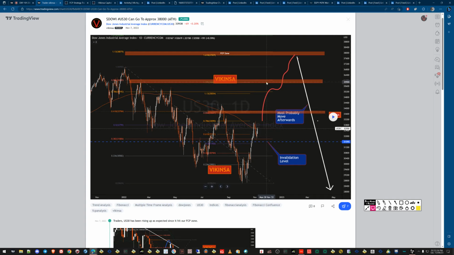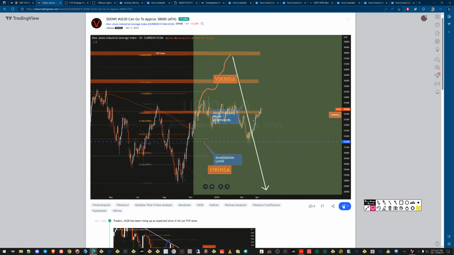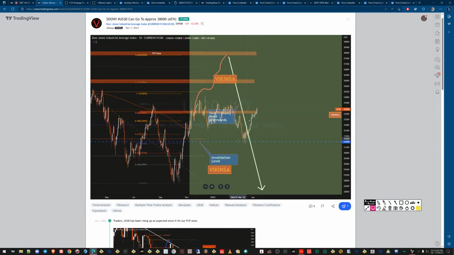Then the next level it can reach is 36,000, and then it can go to all-time high as well, right? At this moment in time, it does not look like that. Maybe when we were here, it did not look like that, but so far that's what has been happening. The market came to invalidation level just to create a fake breakout and then started to go back up. And now it is still going upwards.